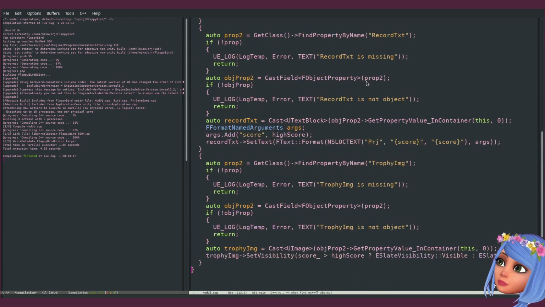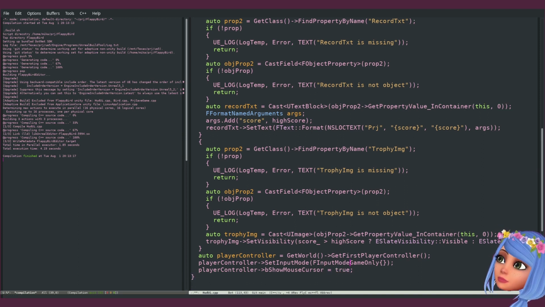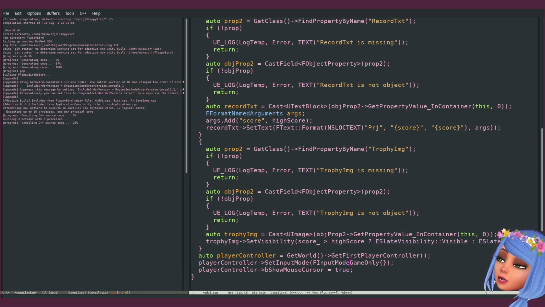So go here and set input mode true. Actually, I don't need to change input mode game only. Maybe I need to change it. Let's see. So now I would be able to press the OK button.